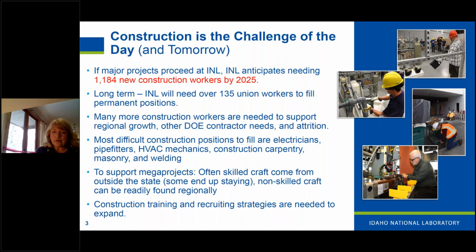I think it's also important to note that we subcontract a lot of our construction work, and whether it's subcontracted or whether we work some of these projects internally, we have found that the most difficult construction positions to fill are electricians, pipe fitters, HVAC mechanics, construction carpentry, masonry, and welding. And this is the same story as we talk to our other partners within the region and on the INL site. So I guess another point of note is that often what we see in these larger projects, that skilled